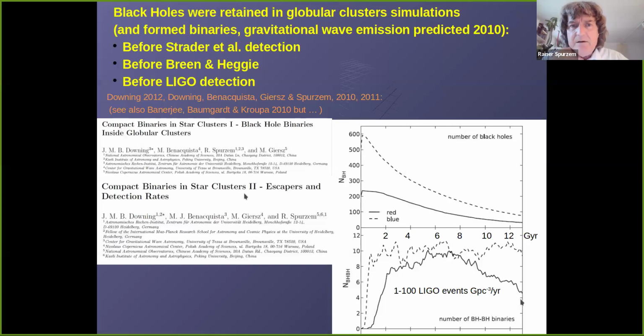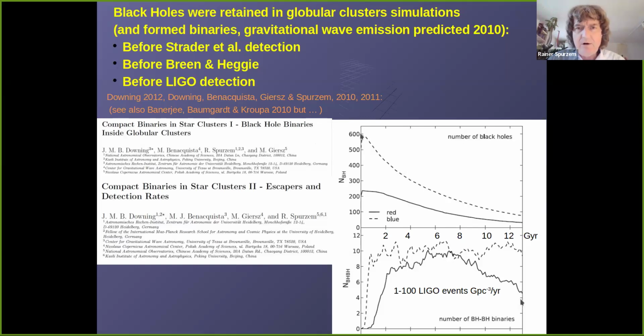And here we used not an n-body simulation, but a Monte Carlo simulation. We can later discuss a little bit the differences. It's kind of a crazy n-body simulation, which is computationally very cheap, gives data similar to n-body simulations, but has a lot of approximations. And there we used for the binaries a similar procedure like we did in the previous paper. And this, long story cut short, is now old hat, so to say, but we already